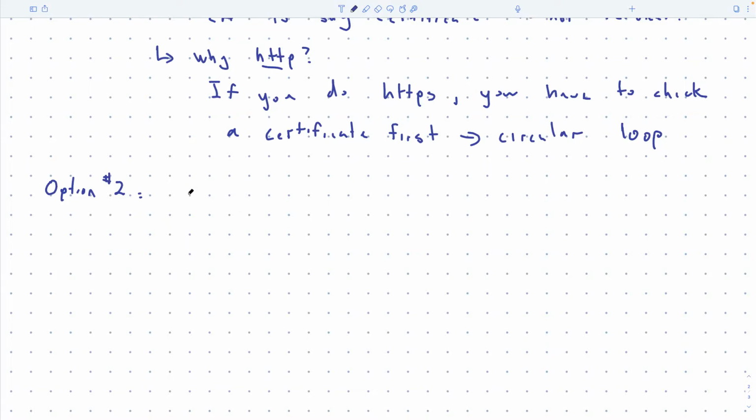So these are called certificate revocation lists, or CRL.